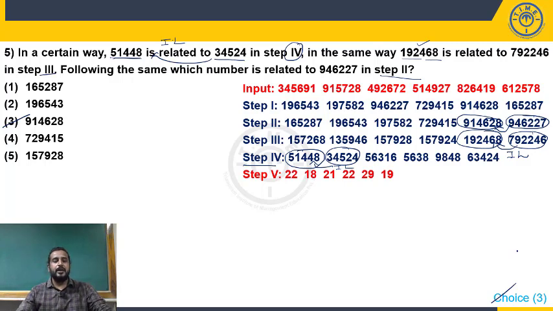And the same model is given in SBI PO Mains 2019, and similar kind of logic is also given in IBPS PO Mains 2018, in IBPS Clerical Mains 2018, similar kind using mathematical operations. Even in SBI PO Mains 2017 also they are given using mathematical operations. Okay. So all this you have in the study material and practice it.